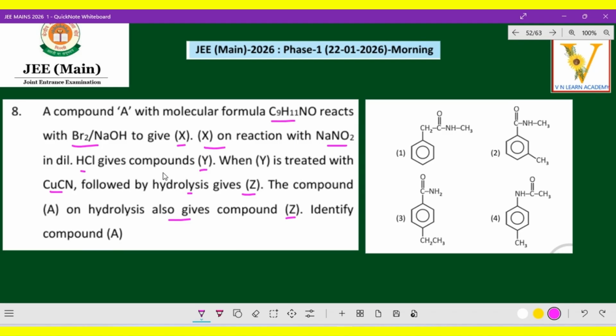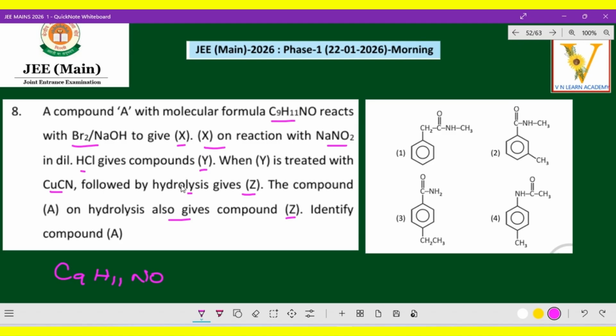Now C9H11NO. So this is an amide. NO2 is a nitro compound, NO is an amide compound, right? So C double bond O, NH2. So it is an amide compound only. When the amide reacts with Br2 NaOH, that is Hofmann's bromamide degradation, that point you can bring. And when it reacts with NaNO2 and dilute HCl, this is diazotization. So you can get diazonium chloride. When the diazonium chloride is treated with the